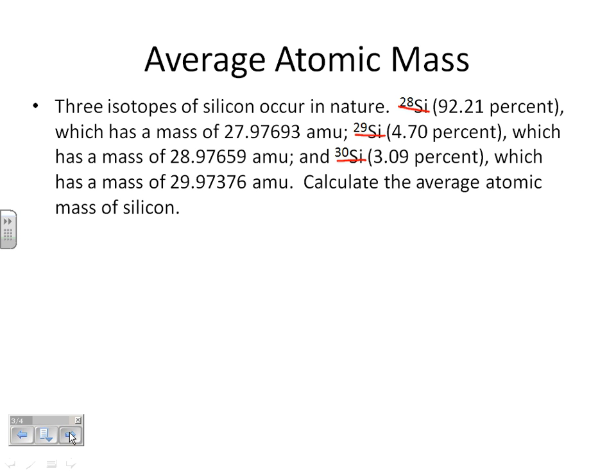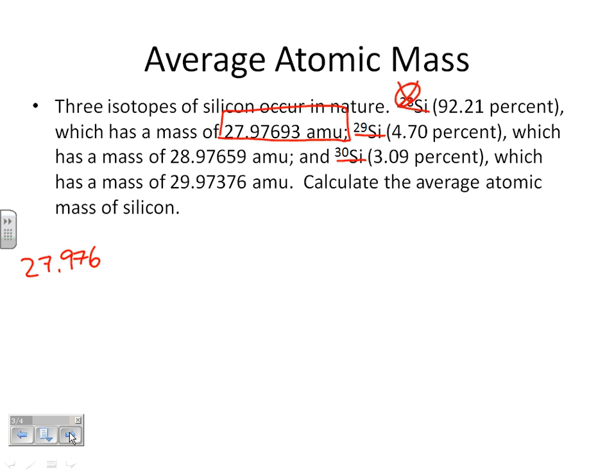A point here, though: you'll notice for silicon-28, they give us the mass, obviously, in the upper left-hand corner, 28 right there, but then it also gives us a more detailed mass. We want to use this one. We don't want to use that one. We've got more information than just the 28, so we're going to use the one that goes out to 5 decimal places. So the mass of the first isotope,